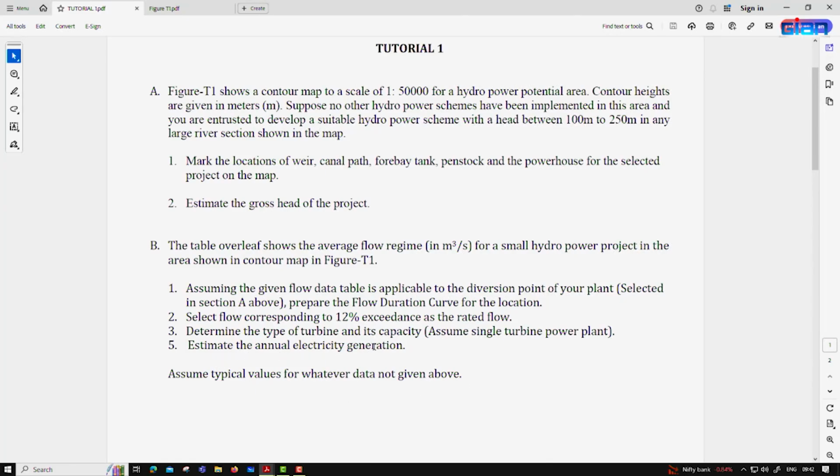Estimate the annual electricity generation in kilowatt hours or megawatt hours or gigawatt hours. That part we discussed in another discussion, so you can refer to that section of the